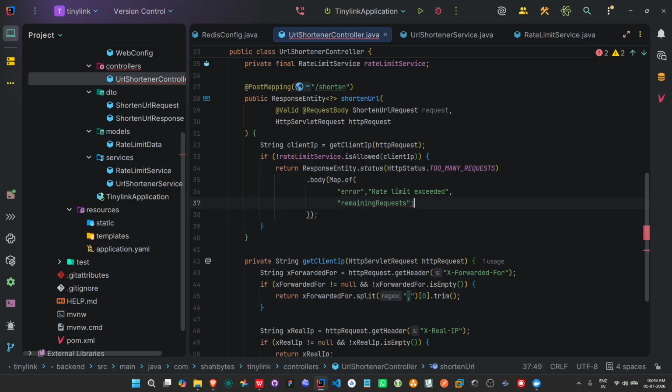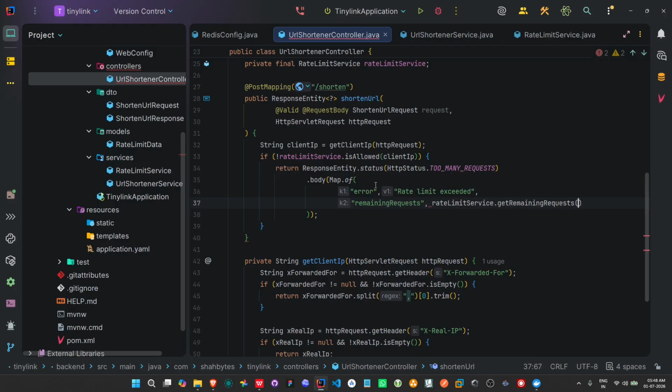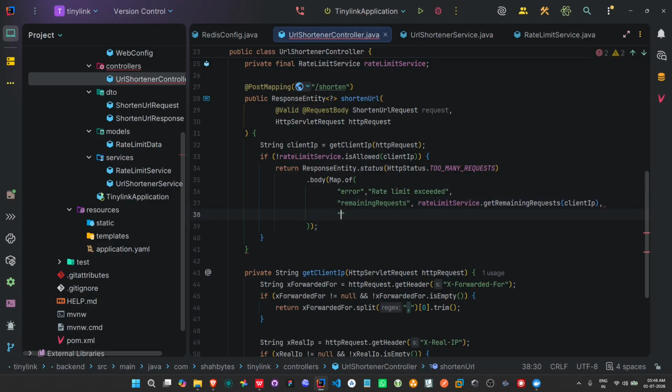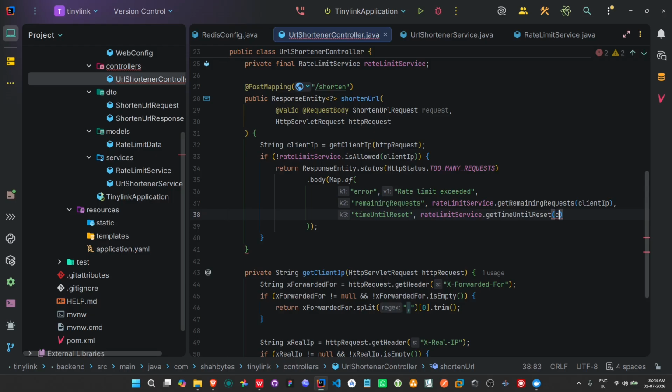It should be rateLimitService.getRemainingRequests, and let's pass in our client IP to this, like this, and we should have time until reset, like this. rateLimitService.getTimeUntilReset, pass in our client IP. Okay,